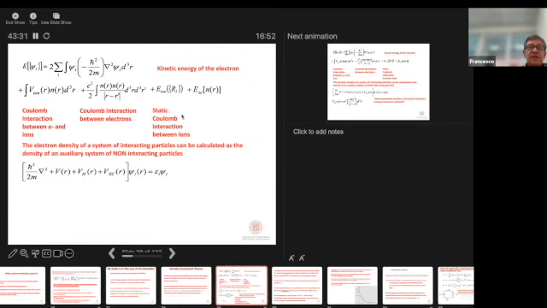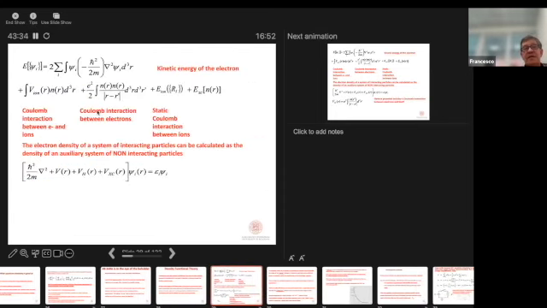The reason is that if we want to calculate the density, then we have to introduce something special in here, which is not only the Coulomb interactions, but the exchange interaction. And we do not have any idea of what the exchange interactions between electrons are, but we can guess it. So again, it does not rely on experimental data, but it does rely on a degree of empirical approach.